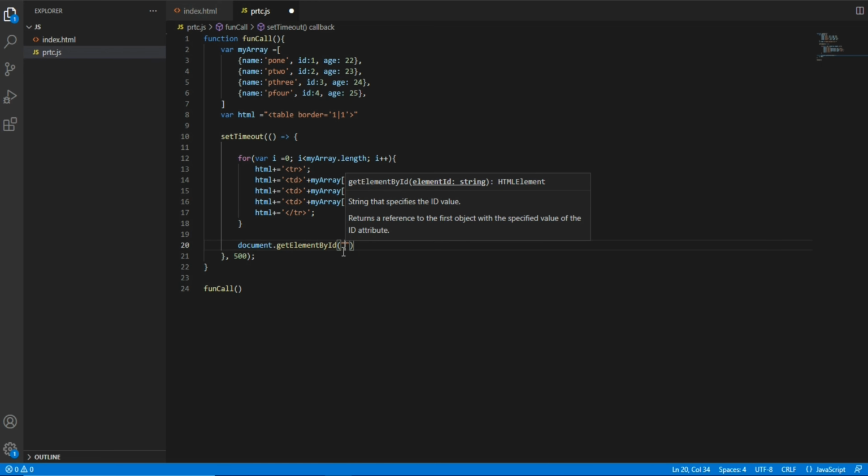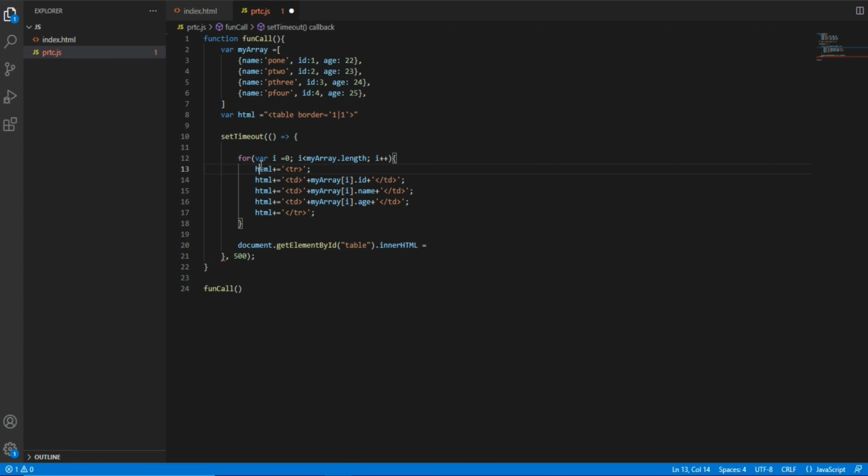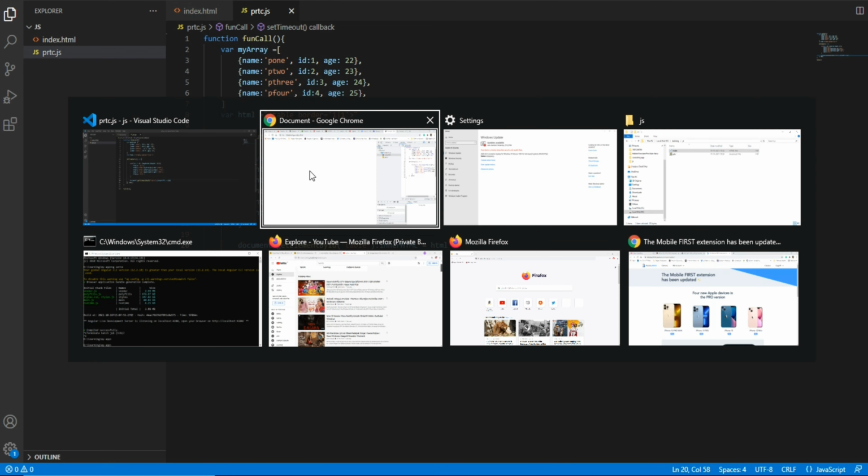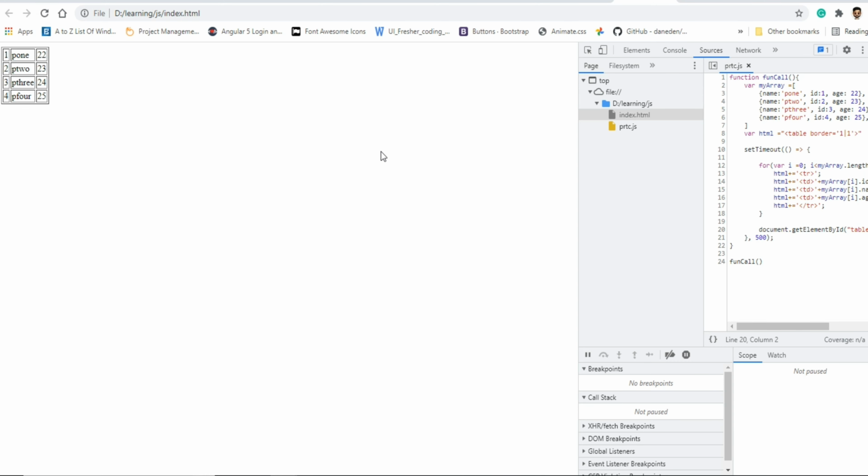The ID which we have is table, dot innerHTML is equal to this html which we have. Now let's save this and run it. See, we got the data: id, name, p1, p2, p3, p4, and their age values.